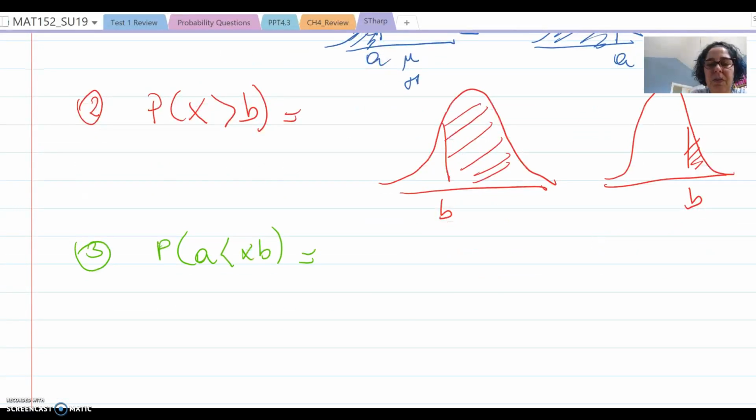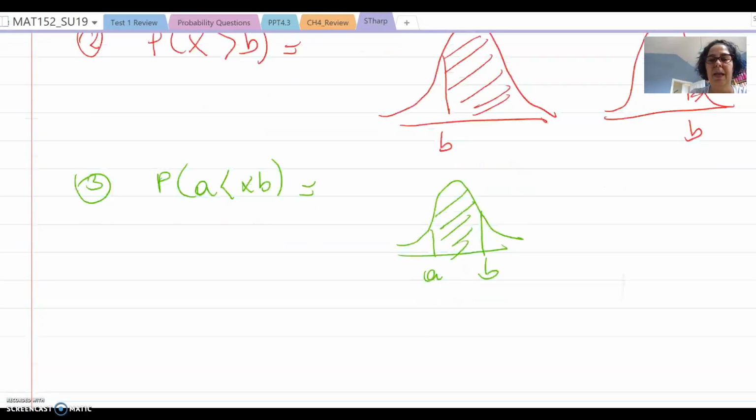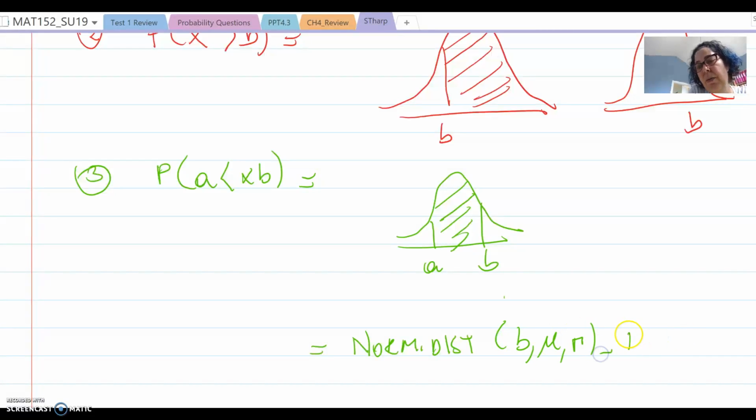So this green problem is something like that, A and B, and you're looking for this area. But B needs to come after A, so B needs to be a greater value. So this will be equal to norm dot dist of B value, mu, sigma, minus norm dot dist